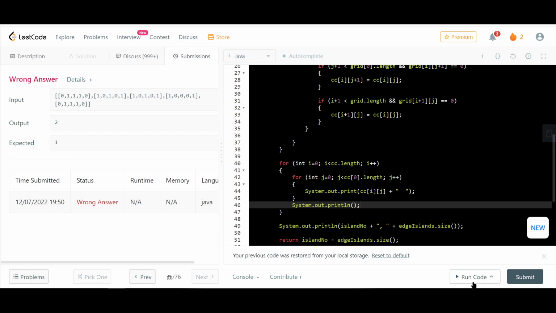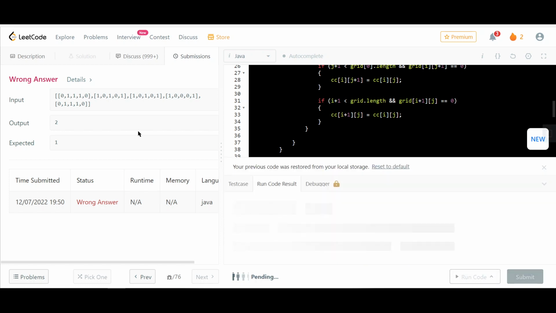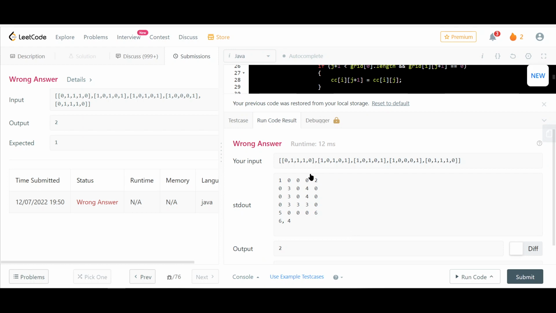Okay, let's see. So this is how our setup is. 1, 2, 5, and 6 was completely fine. This we started with, we gave this 3, we gave this 3,